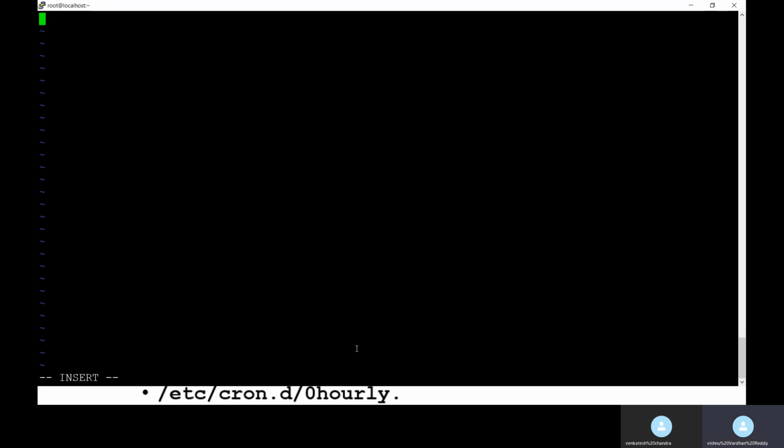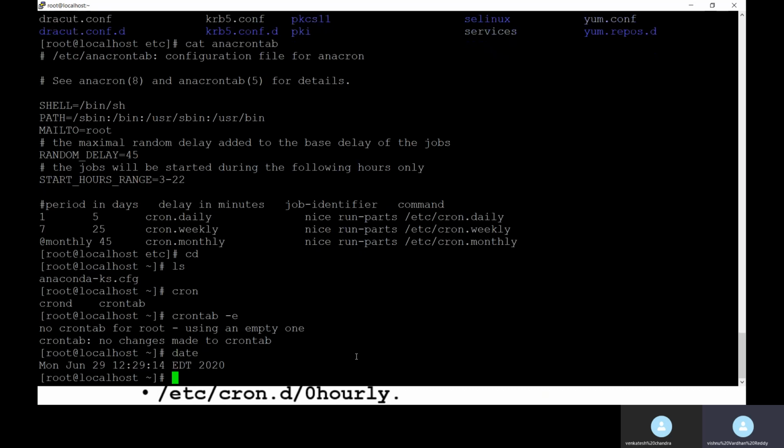If we want to run it in five minutes, let's see what it will do on the next fifth minute. Let's check what the time is now. Date. Now in the system it is 12:29.